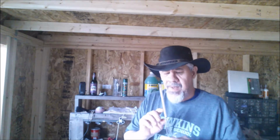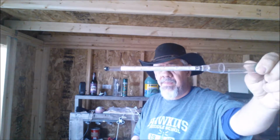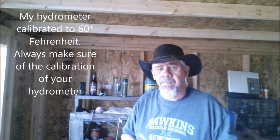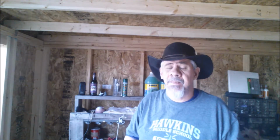It has 3 scales on it. It has a specific gravity, a Brix scale, and then it has potential alcohol by volume. It has these 3 scales on it. You probably can't see them, so at this point, we are going to insert a graphic that will show the scale. Okay, now that you've seen what a tri-scale hydrometer for brewing looks like,